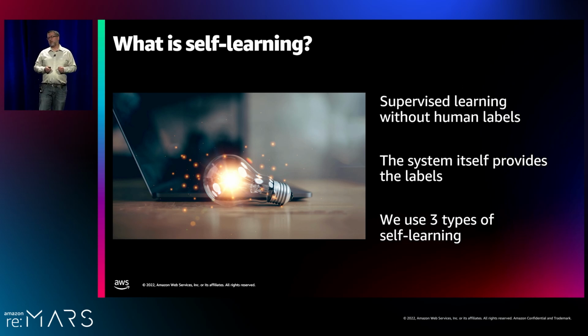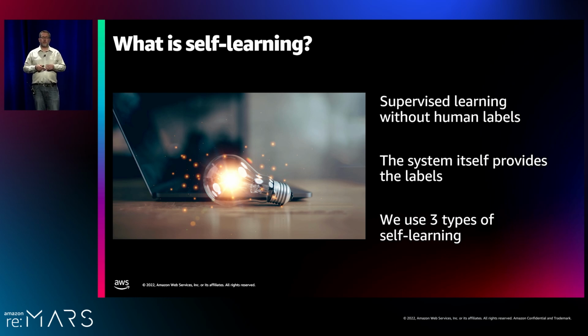But the much more common approach, and the approach that we use, is supervised learning. So that's learning with the labels. So we have to have, and typically we have humans produce these labels. So we'll take all the training data, and humans will review it to add the labels. And then we can use that when we're training the model to see how close the model came to the correct answer, and then use that information to improve them.